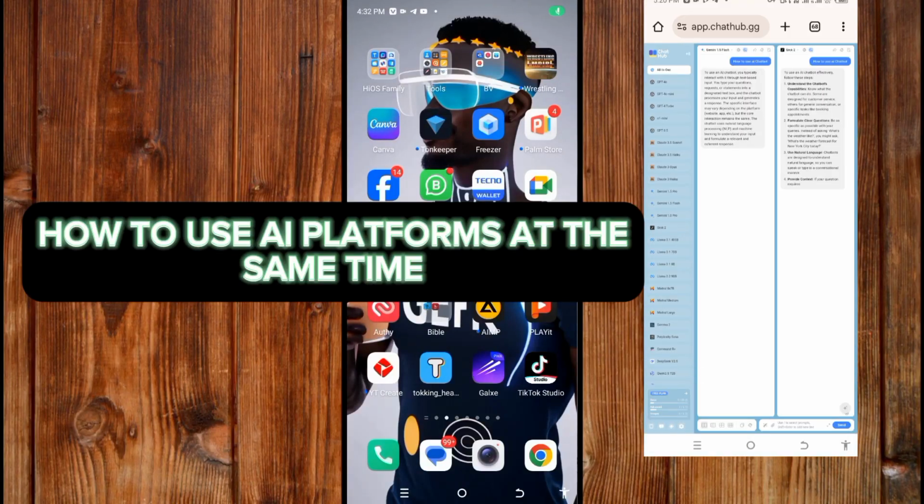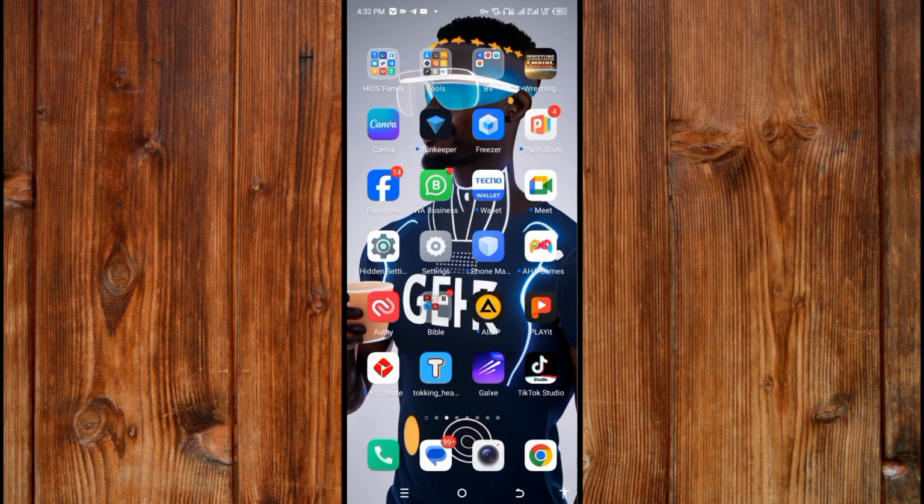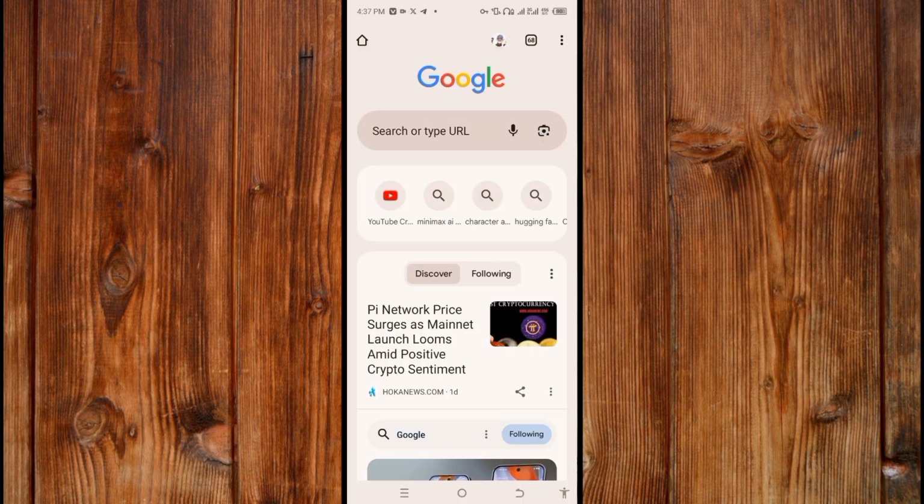How to use all AI platforms at the same time. Now, to use all AI platforms at the same time, just open your search engine like this. Type in on your search bar